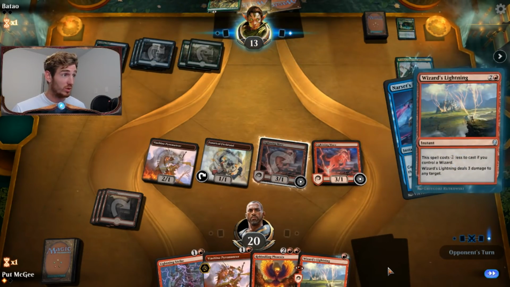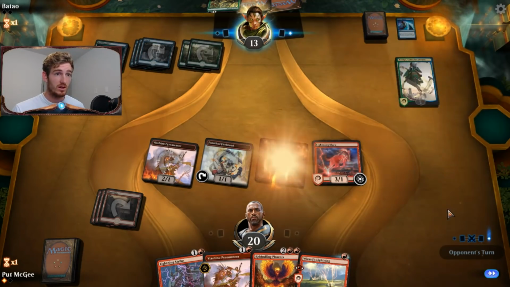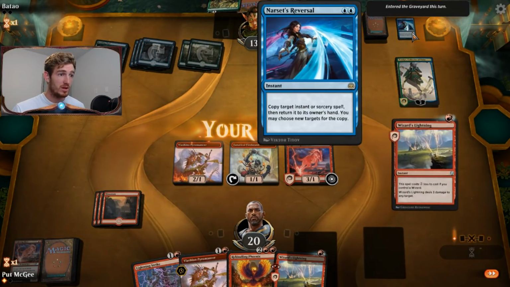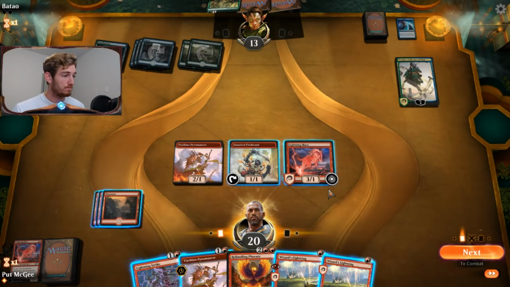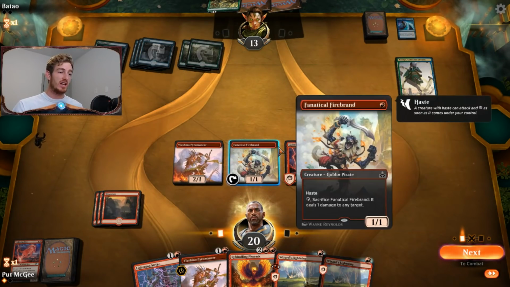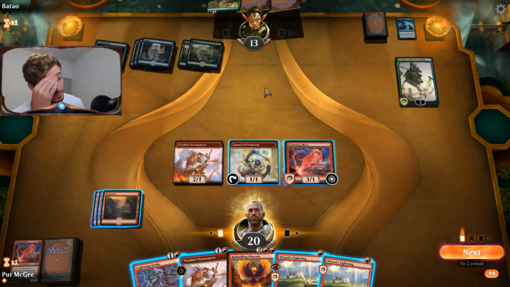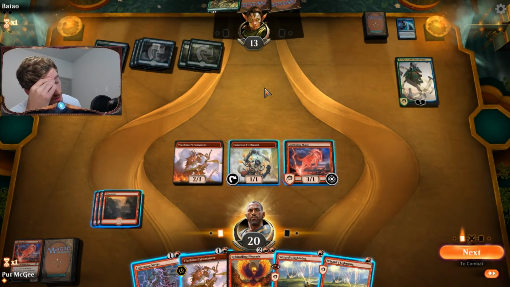I'm sorry, you what? Why did you just do that? Copy. Why? Opponent, what was the point of that? You can't play your Root Snare now. Okay, so I have 6 damage, and then 6 more, so I can...